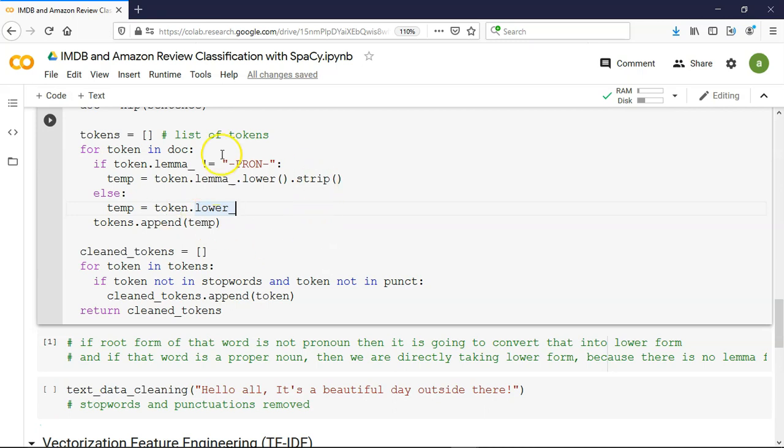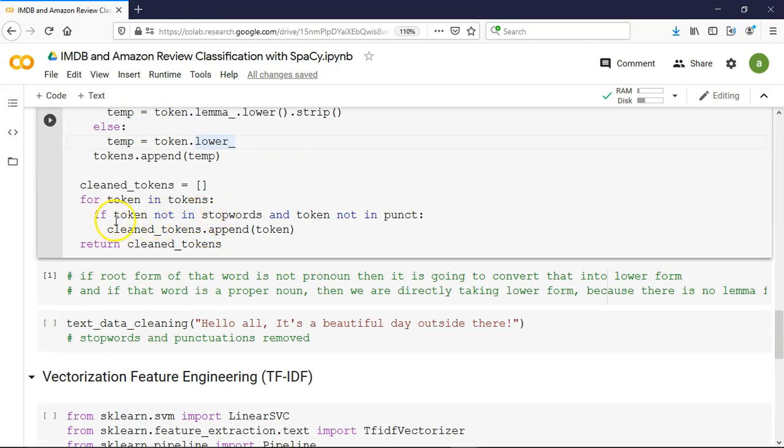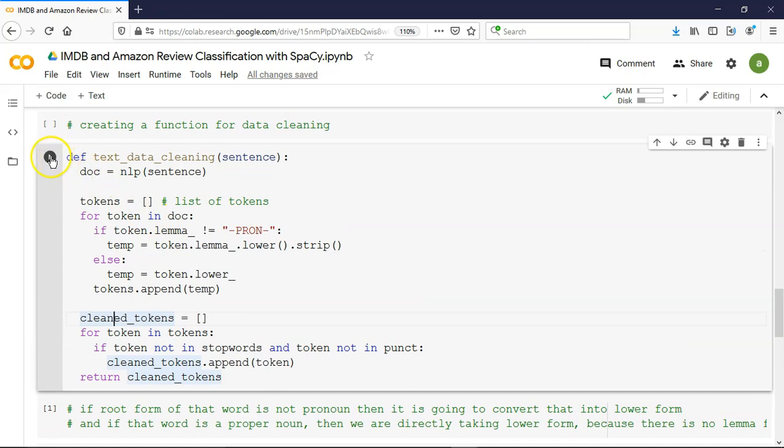But if the word is not a proper noun, then you take the lemma and then the lowercase of it. And in the next step, if the token is not part of the stop words or punctuation marks, then only we are going to append it to the clean tokens. Alright, so that is the text data cleaning function.